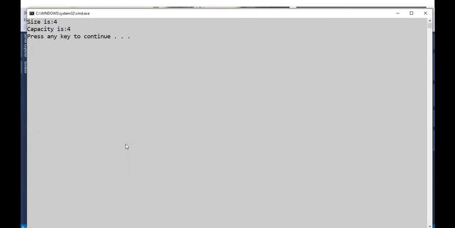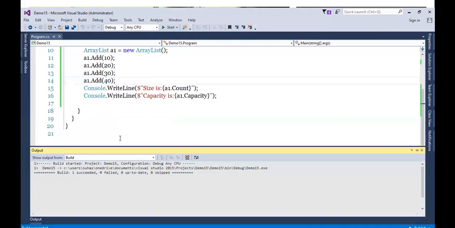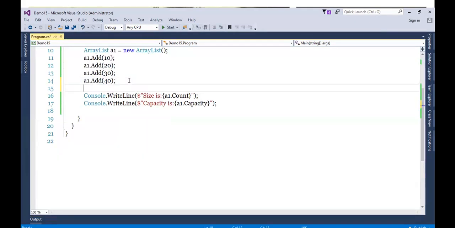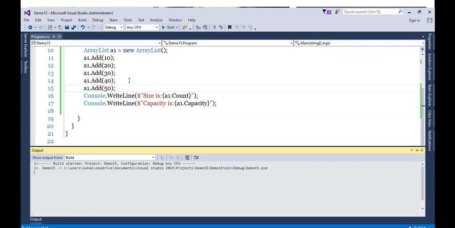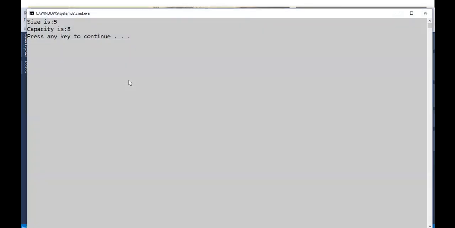So by default, when we create an ArrayList, if elements are not present, the capacity is 0. If you start adding elements, till element 4, the capacity is 4. Now let's add the 5th element in it. If I add the 5th element, you can watch out, the capacity is doubled.